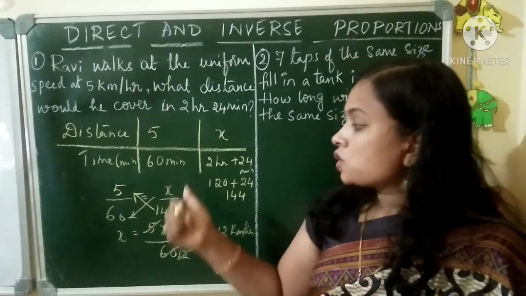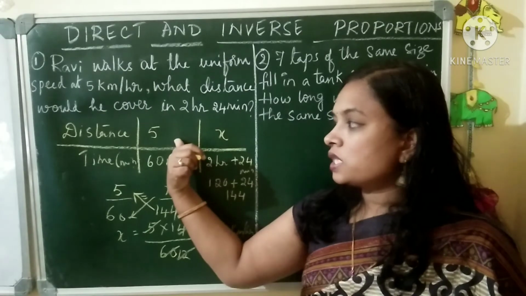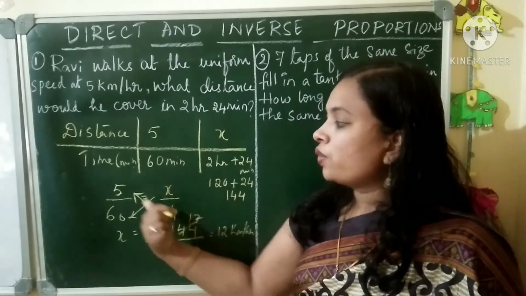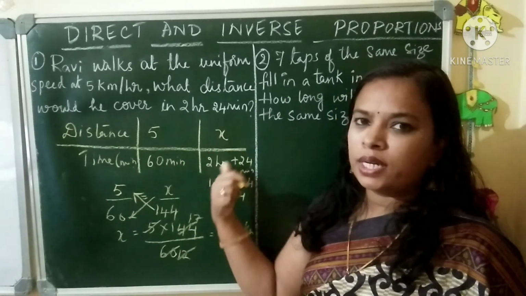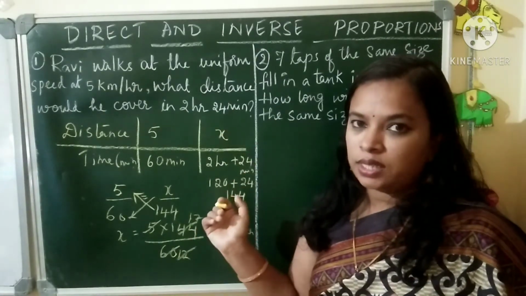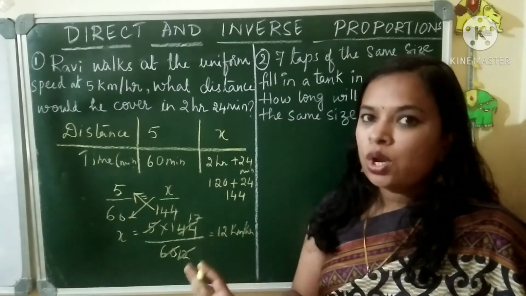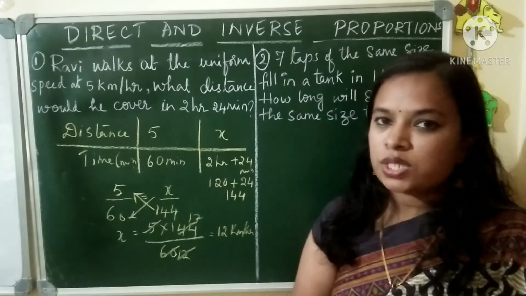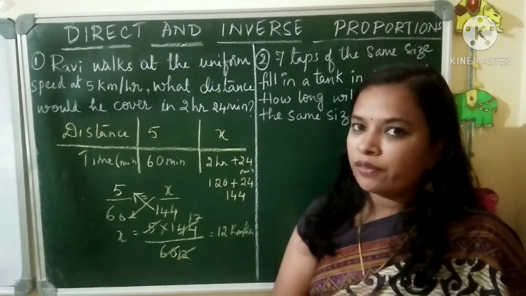So what is the tip? You have to just see the ratio. After you see the ratio, if there is increase in one quantity, if there is increase in the other quantity also, you have to divide the x by y value. You have to divide both the quantities. It may be anything. Now we have considered distance and time. So whatever quantity they give, you have to divide the ratio. So that is a trick what you need to follow. This is where children get confused and they go wrong. So I am sure that after seeing my video, you people will never go wrong.